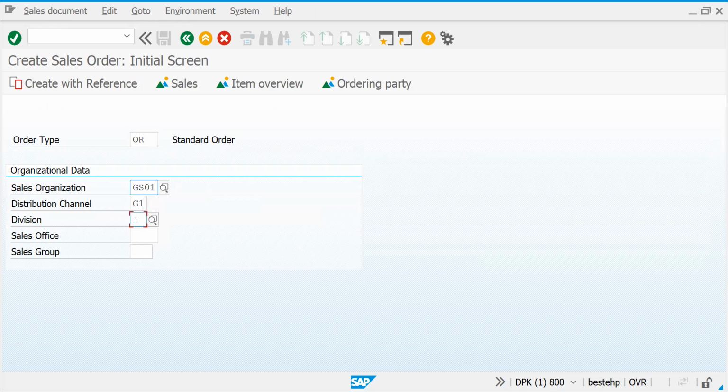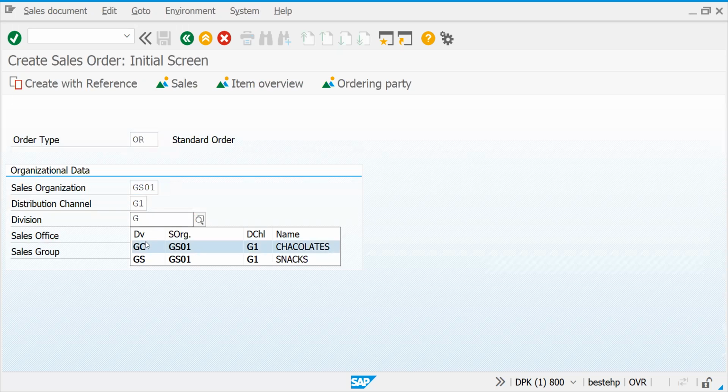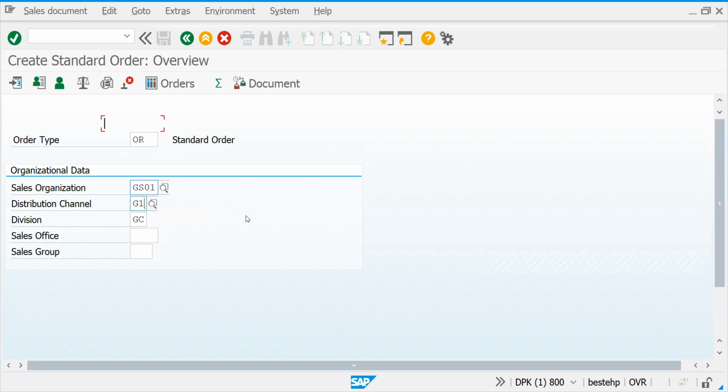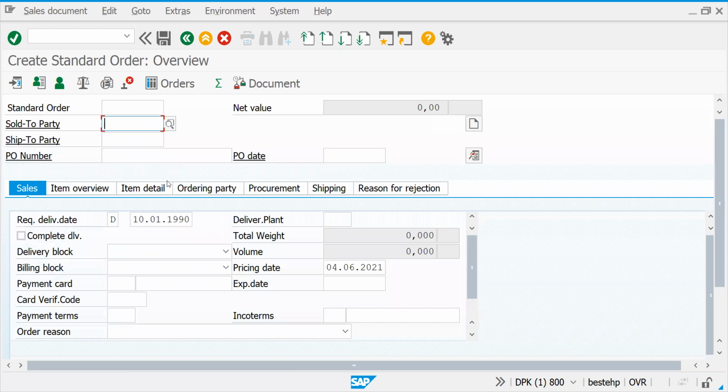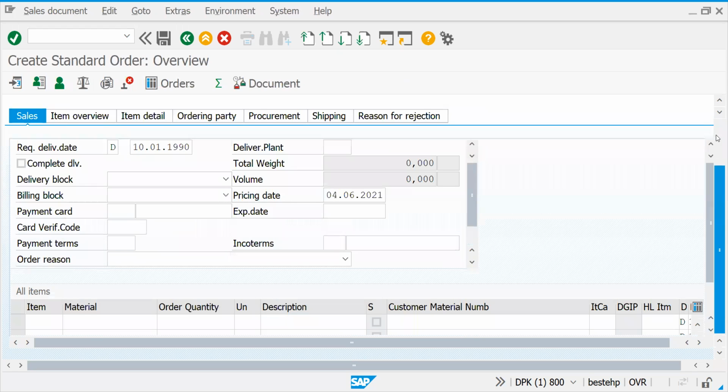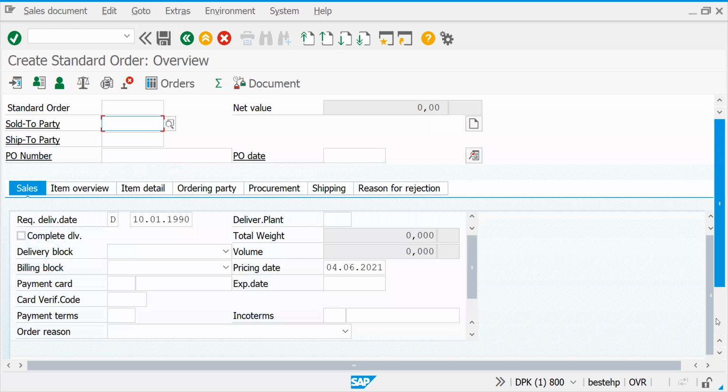The customer is a wholesaler. So what is the division? You are going to take the division for chocolates. Let's press enter. Now it is asking. So your customer should be extended to the sales area, or else created within that sales area.